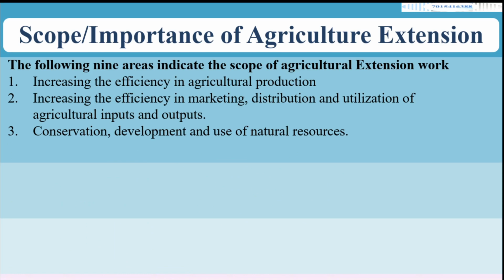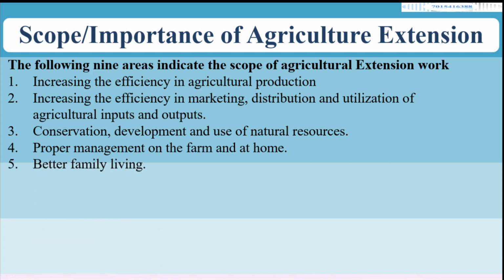Third is conservation, development, and use of natural resources. Next is proper management on the farm as well as at the home. Fifth is better family living. It can provide a high standard of living for the farmer. Sixth one is youth development, means youth have to be attracted to farming, to the use of new techniques, developing the farming